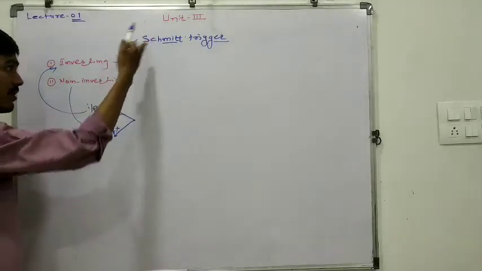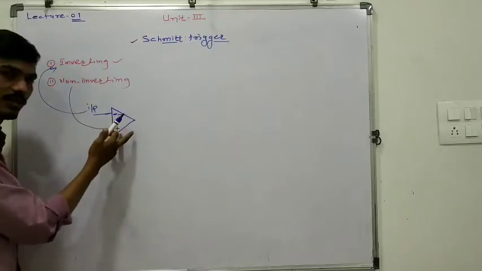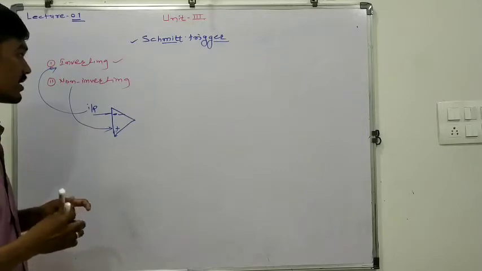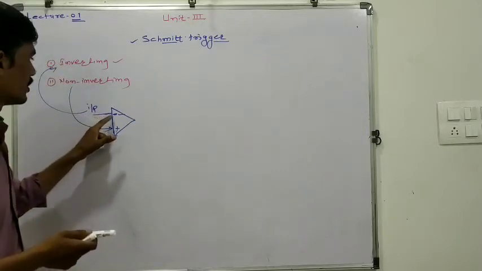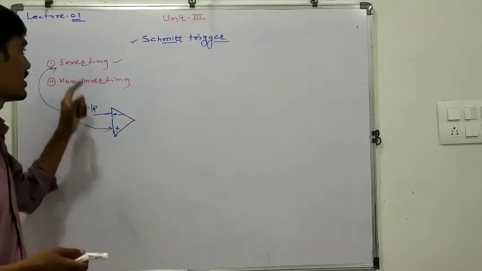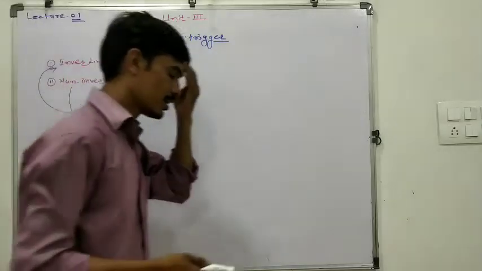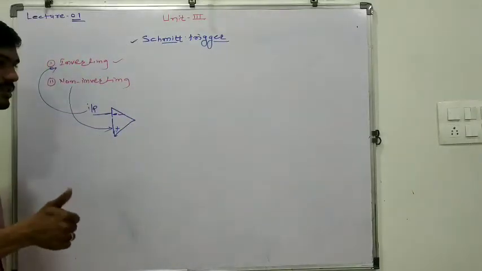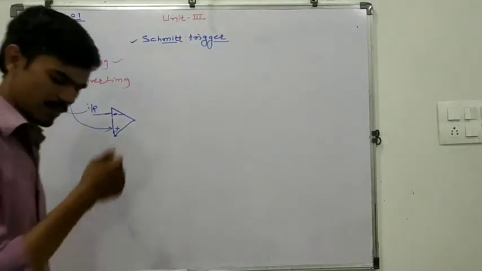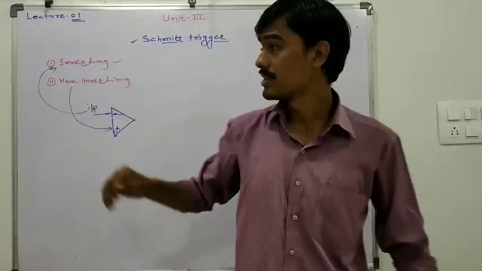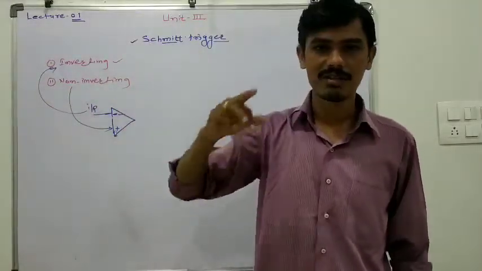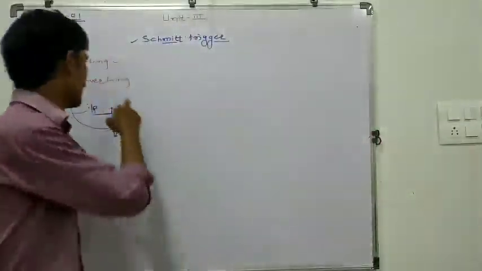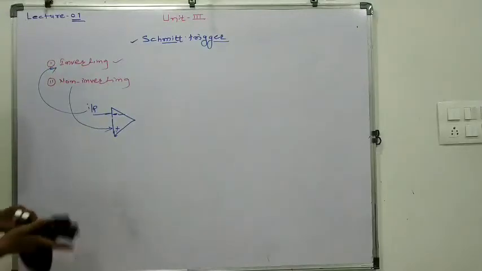So here, if we talk about the Schmitt trigger circuit, if we are providing an input to the non-inverting terminal, definitely it is a non-inverting type of Schmitt trigger circuit. And if we are providing input to the inverting terminal, then it must be an inverting type. So we covered two points. First, the Schmitt trigger circuit converts an analog signal into a digital signal, and second, it has two types, and we are concentrating on the inverting type.